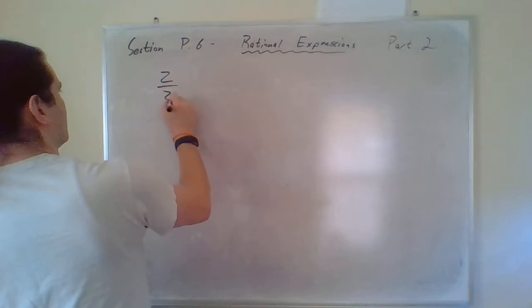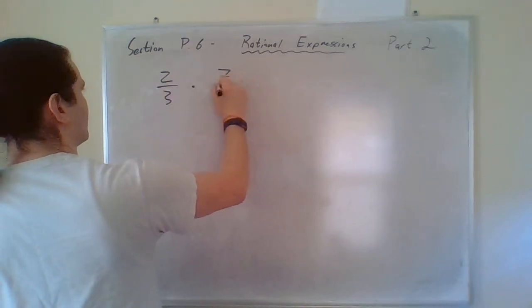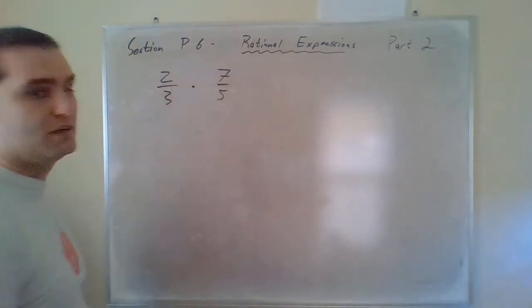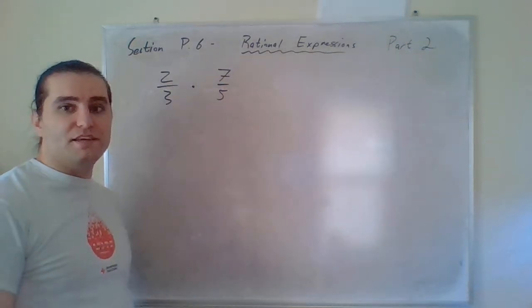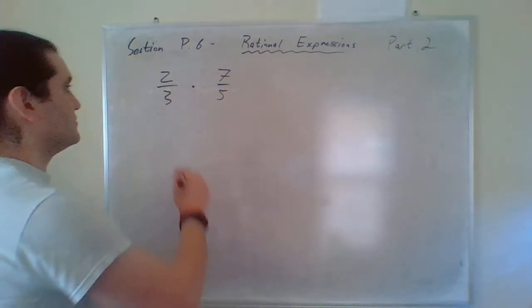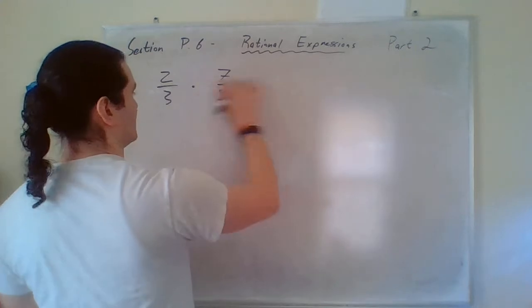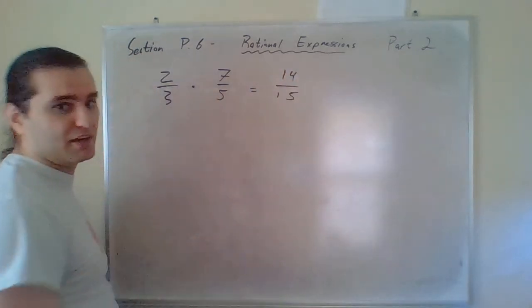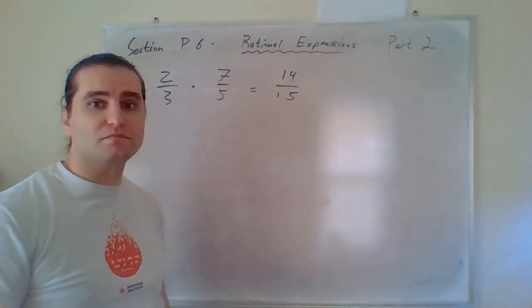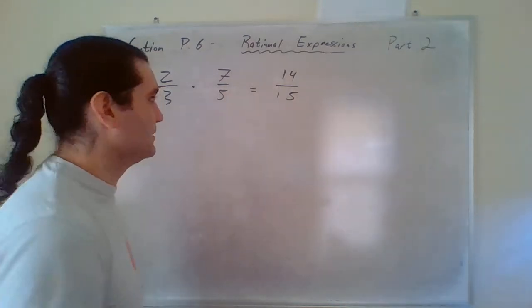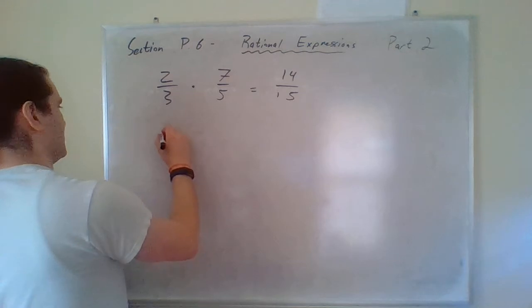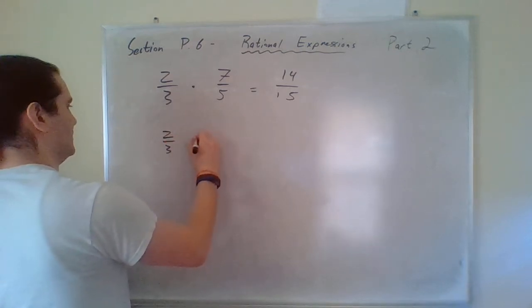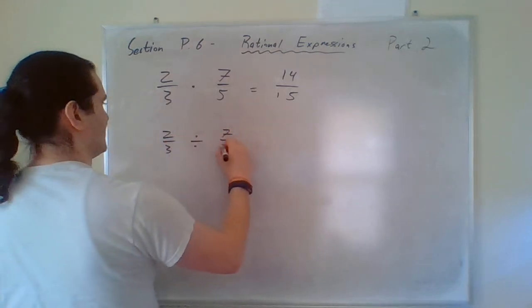If you have something like 2/3 times 7/5, multiplying is the easy operation for fractions. You just multiply it straight across, and this becomes 14/15, and you're all set. So no surprises there. If you're dividing things, if you have, let's see, 2/3 divided by 7/5,